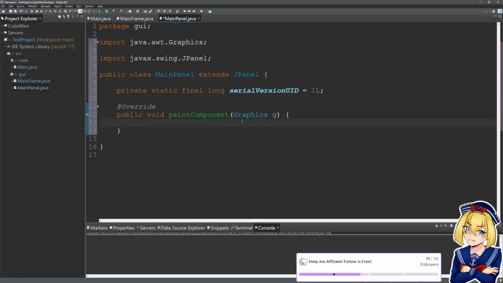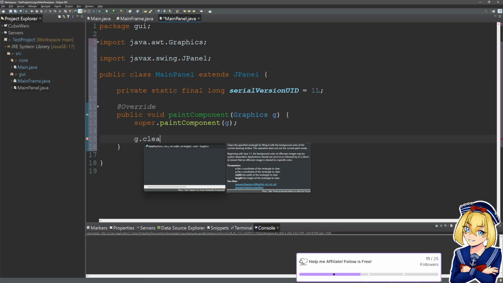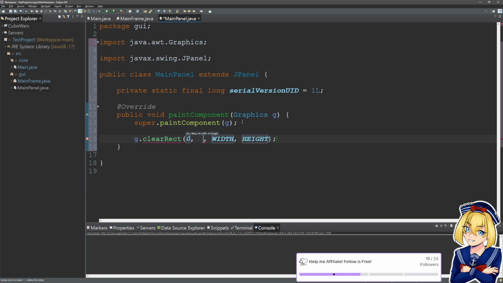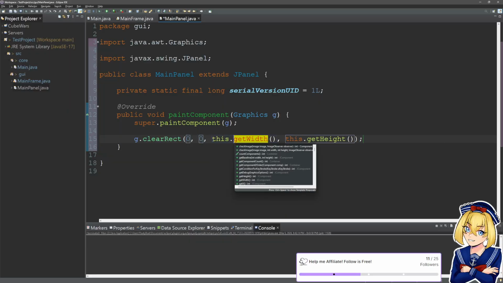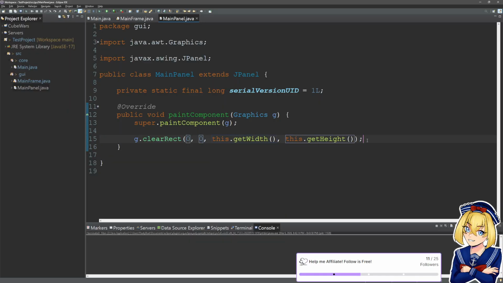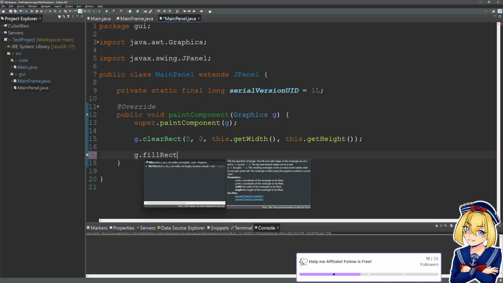We're gonna say super.paintComponent(g), and then g.clearRect 0, 0, this.getWidth, and this.getHeight. You probably don't need to do this, but I'm gonna do it anyway. Again, this is unnecessary, but I like it for clarity. And then we're gonna g.fillRect and